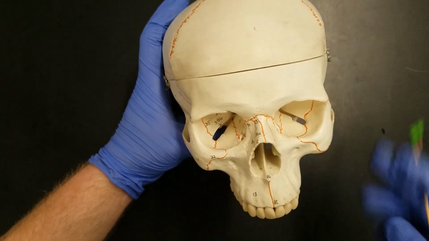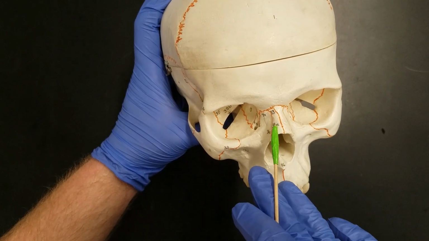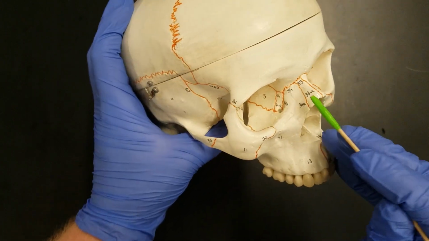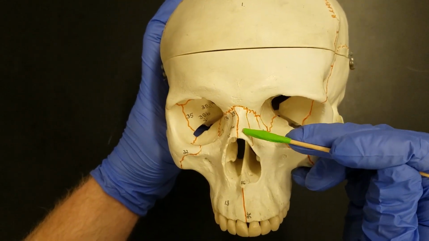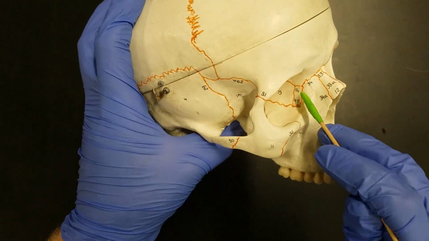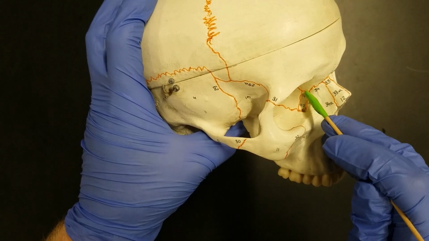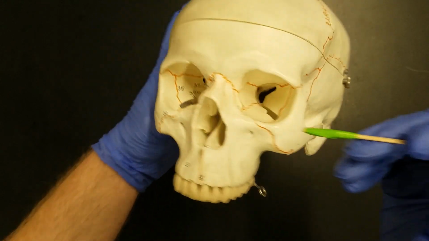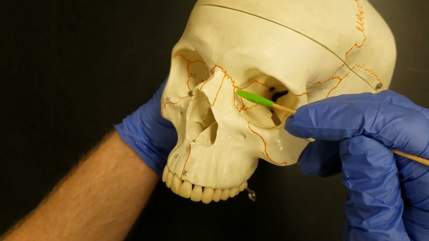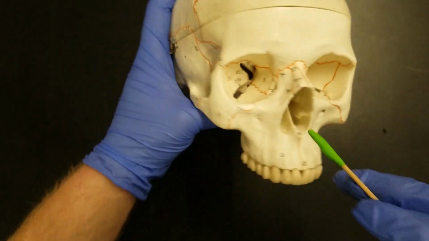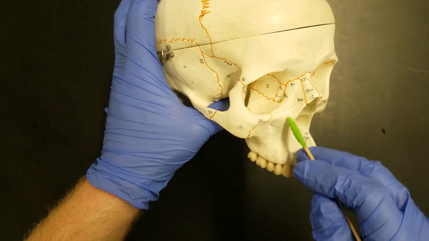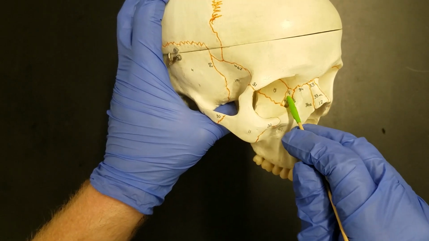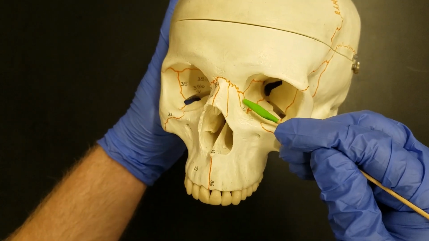So let's start with the 2 bones found at the bridge of the nose. These are the nasal bones, which we can see one here, one here. At the corners of the eye, inside the orbit, we have our lacrimal bones. The Greek word lacrima means tear. So the lacrimal bones are the tear bones. Think about where the tears come out of your face. That's right where the lacrimal bones are located.